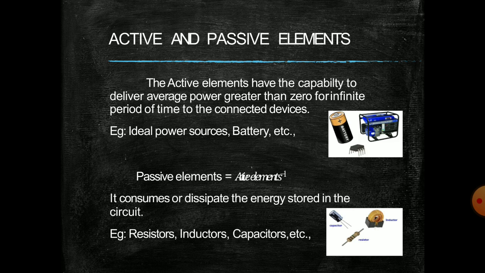Next is the inductor. So what is the inductor doing? You can see the structure of the inductor in the figure. An inductor is a coil. In that coil the current will circulate, and the current will be stored in that inductor, so the inductor works as if taking the power from the battery. So it is called a passive element.